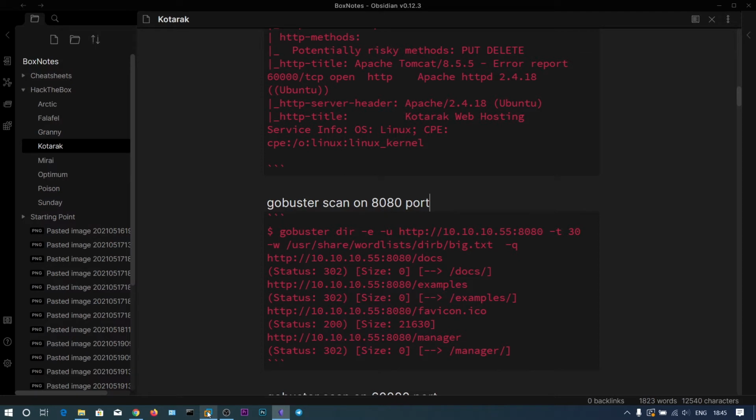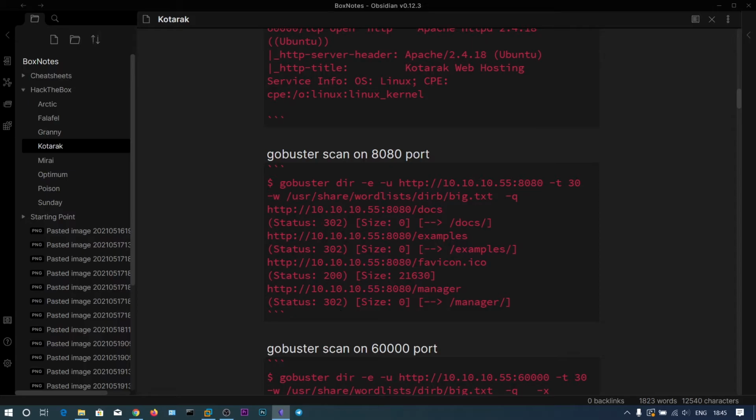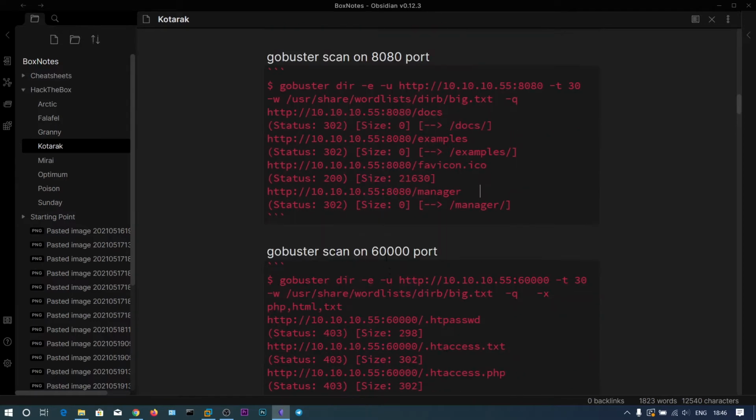So first let's go to this web page. So there is a manager. It's a simple Tomcat manager. It needs authentication to access any of this content, like uploading a web shell, etc. And there is a 60,000 port.